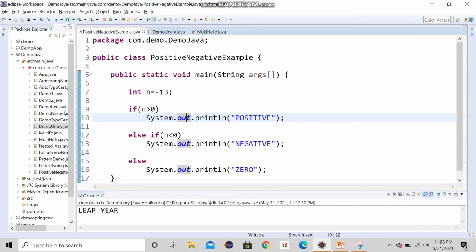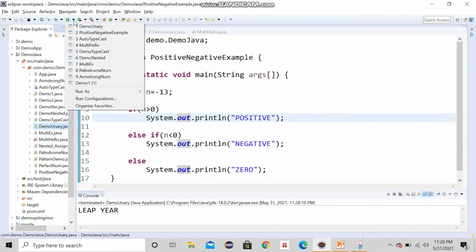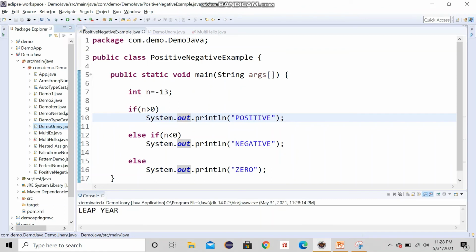So let's run this program. So it is a negative number. It is showing negative here.